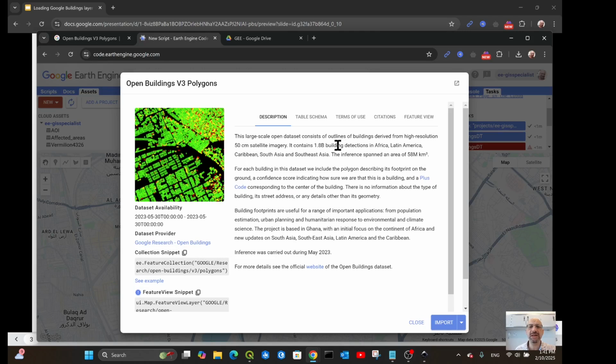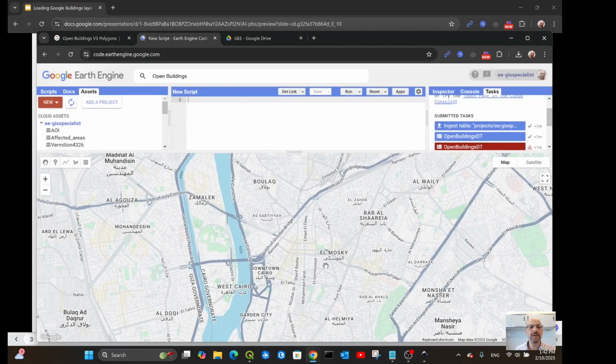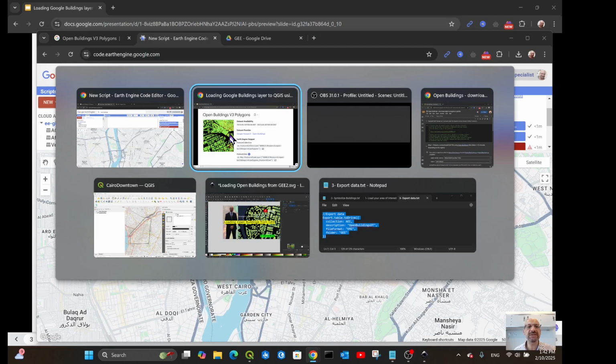These are building footprints derived from high-resolution 50 centimeter satellite imagery. It contains 1.8 billion building detections in Africa, Latin America, the Caribbean, South Asia, and Southeast Asia. The whole dataset is downloadable. It's, I think, 174 gigabytes for the building footprints and about 50 or 55 gigabytes for the centroid points. So this is the dataset,